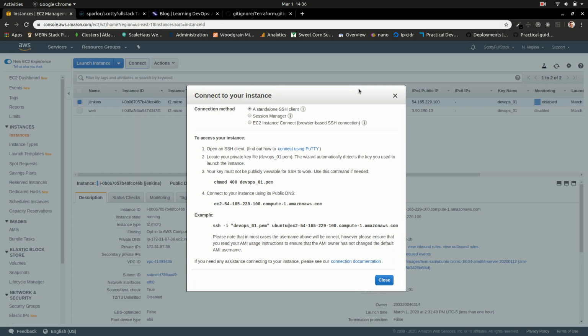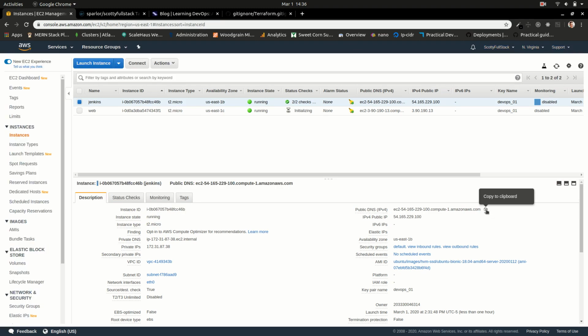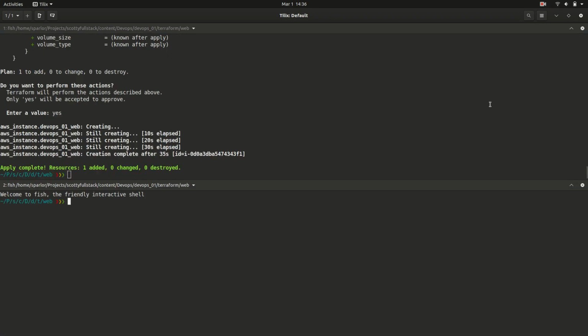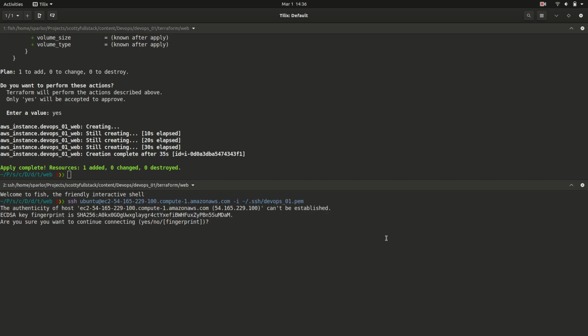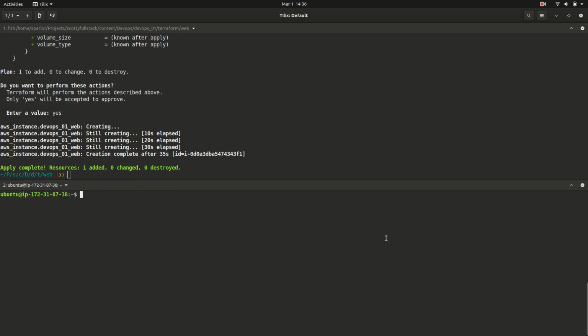But if you wanted to try to connect, you can connect pretty conveniently using that, or you can always just do it yourself. Copy your link, and then we can go down to a terminal, and I can do SSH and paste Ubuntu, because that's our user. The Ubuntu comes standard with the Ubuntu user, and then designate our key, which is SSH DevOps 01 PEM, and yes, and I'm in. So pretty cool stuff, and that comes with the default security group, so we will likely make some changes to that,